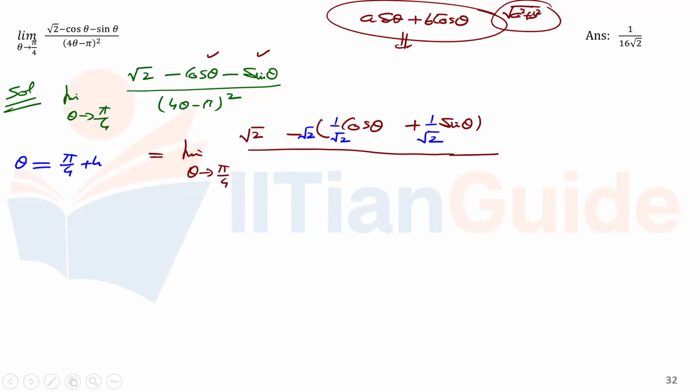Yes, sir. It becomes sin pi by 4 plus h. Right. It becomes sin pi by 4 plus h. You are correct. Okay, just a minute. Okay, whole square. I can write it to be sin pi by 4 plus h, but